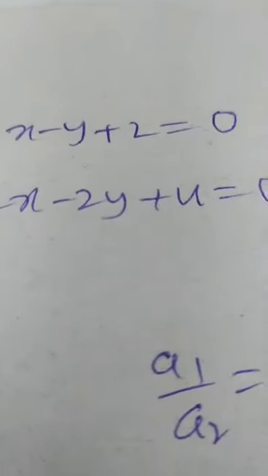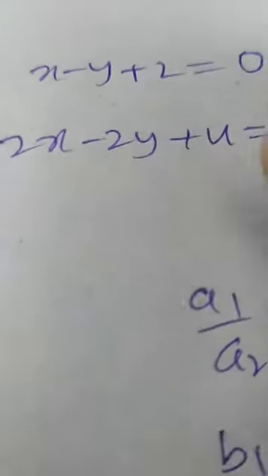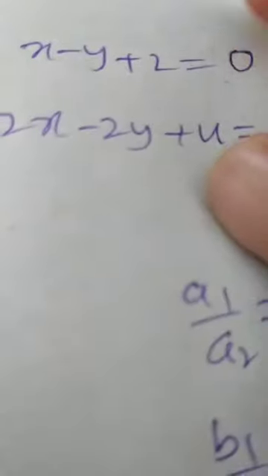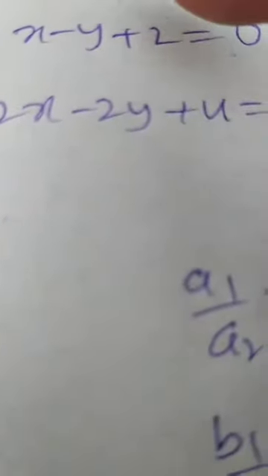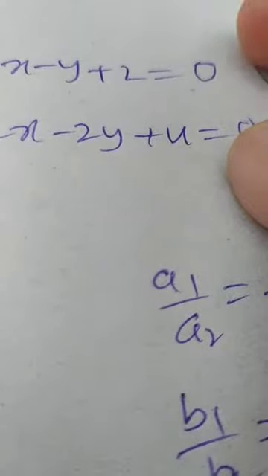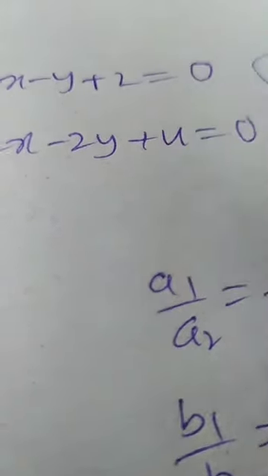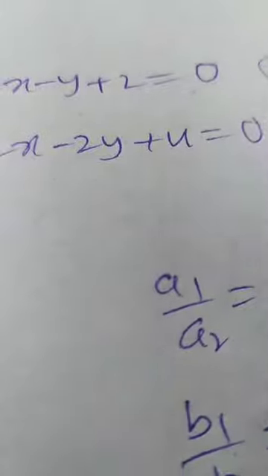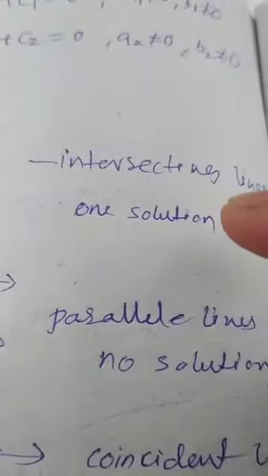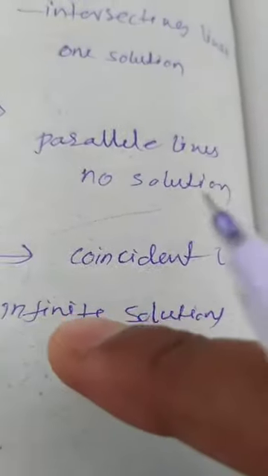So remember, a pair of linear equations means two equations, each equation is a linear equation in two variables, and each equation represents a straight line. How many straight lines do we have in a pair of linear equations? Two straight lines. When you have two straight lines, how many cases are possible? Three cases. First, they may be intersecting like this; second, they may be parallel; third, they may be coincident. When intersecting, only one solution. When parallel, no solution. When coincident, infinite solutions.